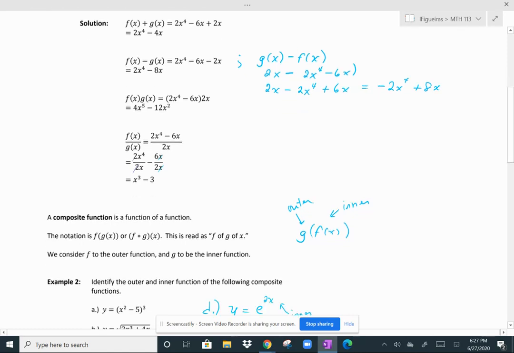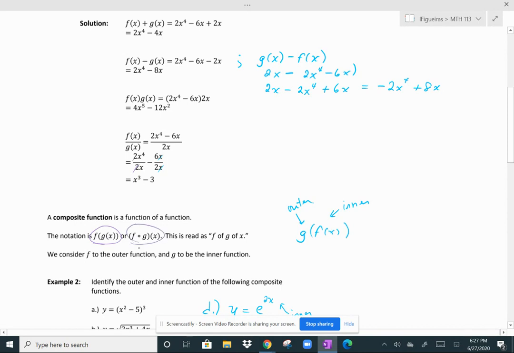All right, so now let's talk about composite functions. A composite function is a function of a function. So it's a function within a function. So notation, common notation that's used is either this one, and that's read as f of g of x, or